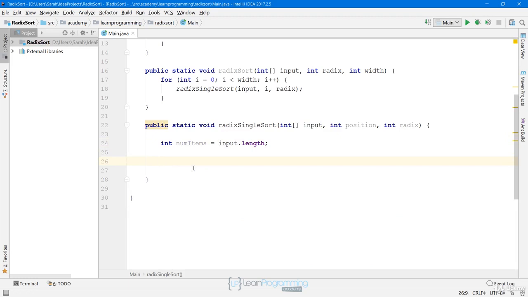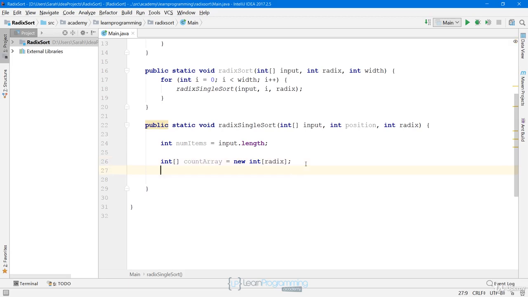So this just stores how many items we're going to be sorting. And then we're going to say int[] countArray equals, and we're going to create a count array that's large enough to hold all the possible values. Our radix will be 10 because we will have digits 0 to 9, and so we'll have a count array